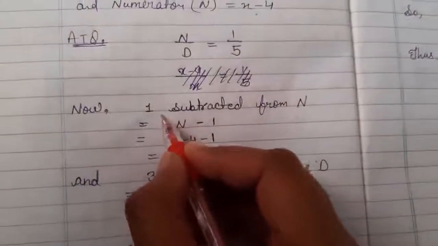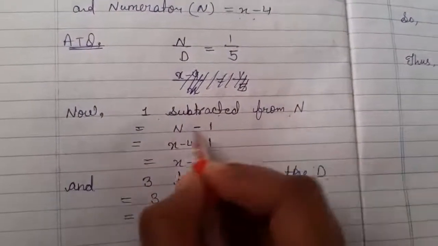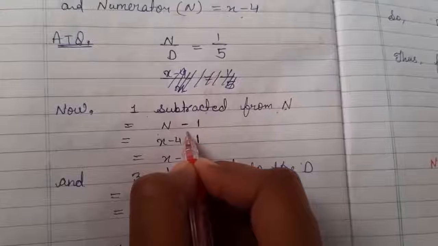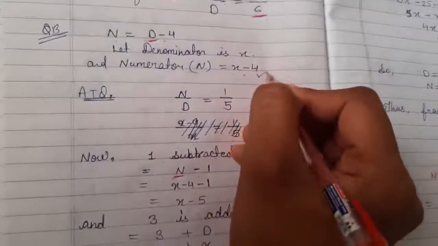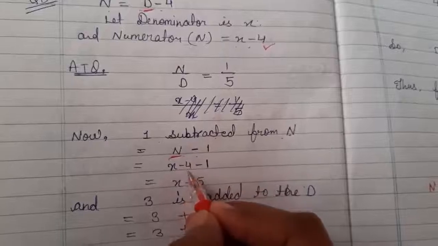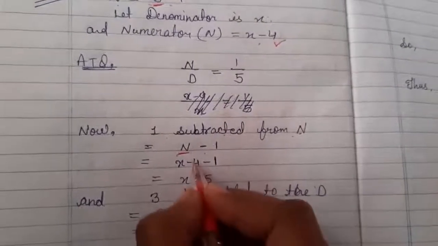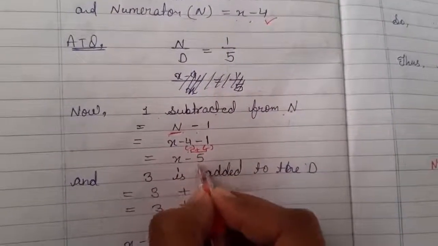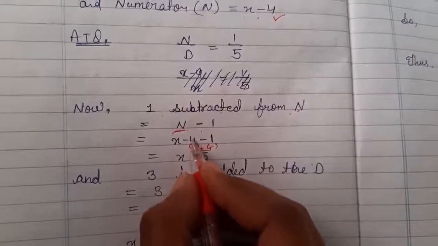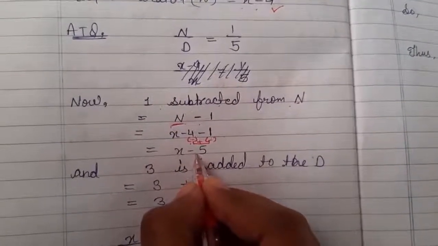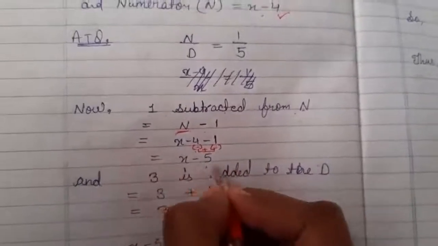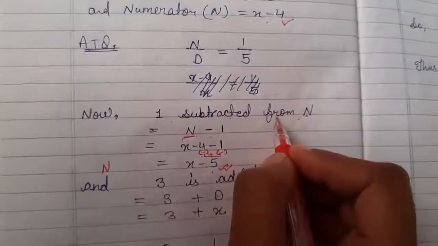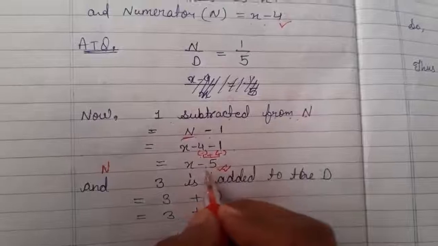The first condition given is 1 subtracted from the numerator. So, 1 subtracted from the numerator means you write n first, then minus 1. Okay, you know it very well. And what is the n value? It is x minus 4. So you have to write x minus 4 minus 1. Got it now? Now this is the -1 value, and this is also minus. Minus and minus become plus. So you will get 5, and the bigger digit is negative, so the sign is also negative. Okay. Next condition. So this is your new numerator, which you got according to this condition.